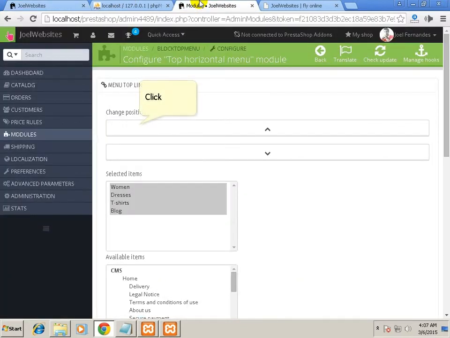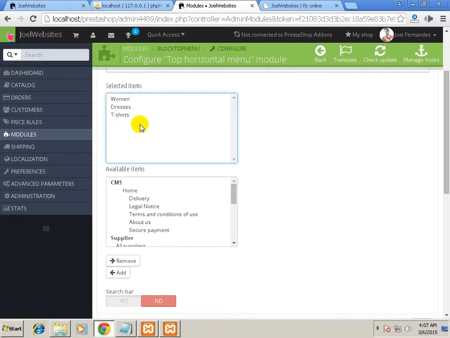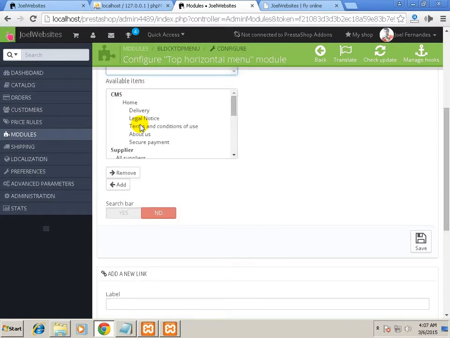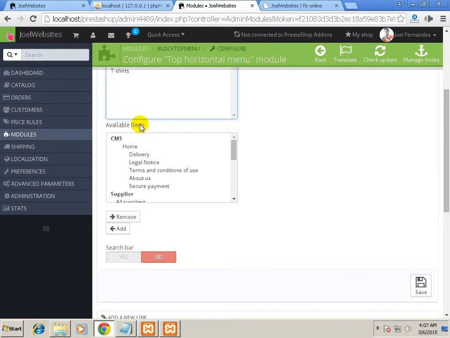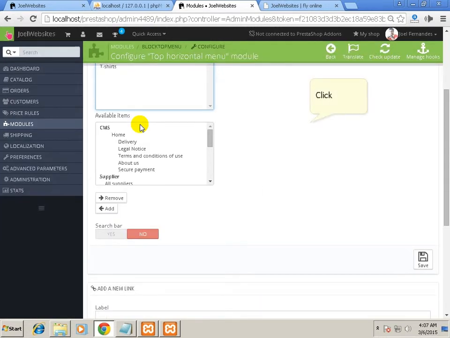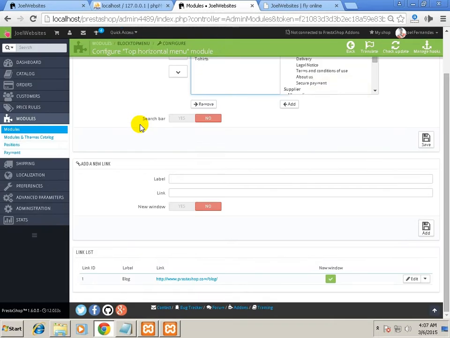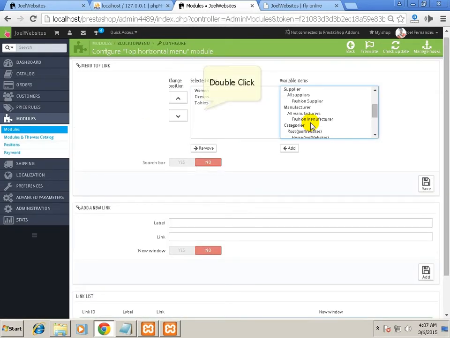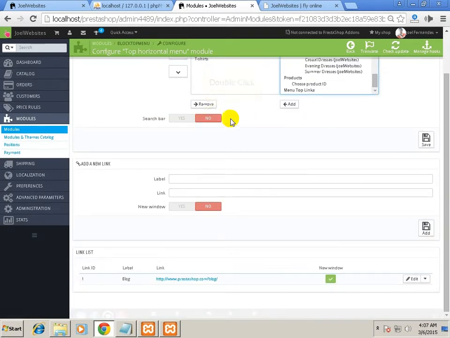Okay, I can even remove other ones, and I can add whichever one I want. I would like to add the home one and put it on top. Save. Okay, so we will see a home button, and the other ones will have disappeared.